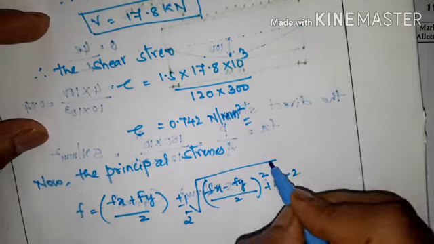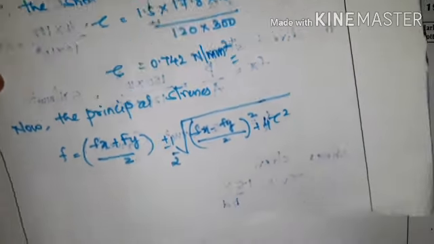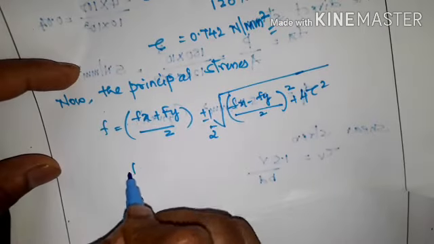Okay, 4 tau squared. So here we know that Fx is equal to